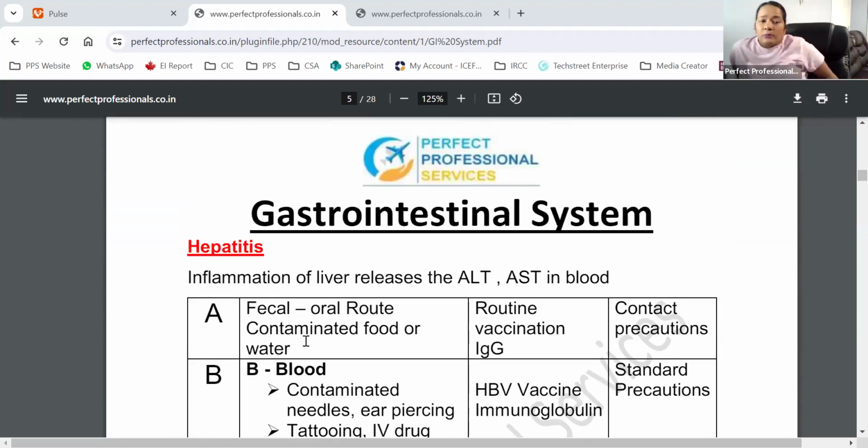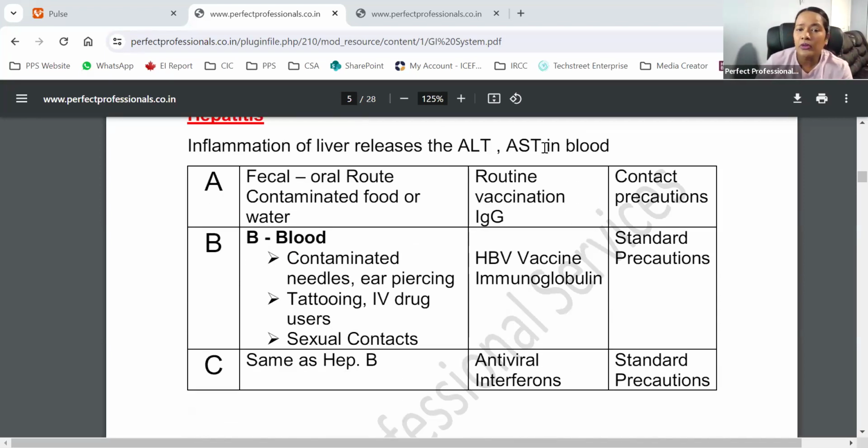Now, let's see about hepatitis. Hepatitis is inflammation of the liver, which releases ALT and AST into the blood. Okay. Again, no need to go into detail of what it is. Mainly here we need the precautions. What precautions are you going to give to the patient? Hepatitis A is transmitted by the fecal-oral route. What does it mean? If contaminated food or water goes into our GI tract, we get the disease, and we are going to release